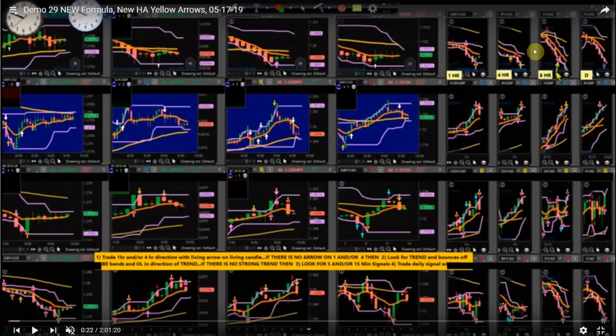But what you're going to do is if it's happening on the 8 hour or daily, you're looking for a 1 hour signal. What we're doing here on the 15 minute, because we're at the 1 hour orange line, we're going to look for signals on the 15 minute. Now, I've seen these enough times to know that actually your entry is where we're at right now, which is about,